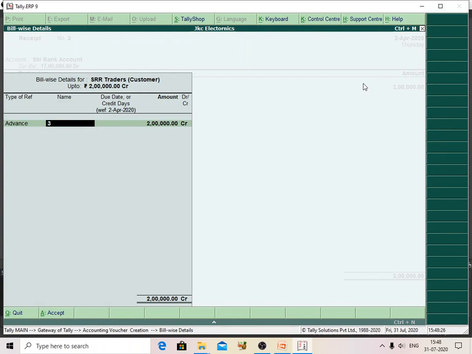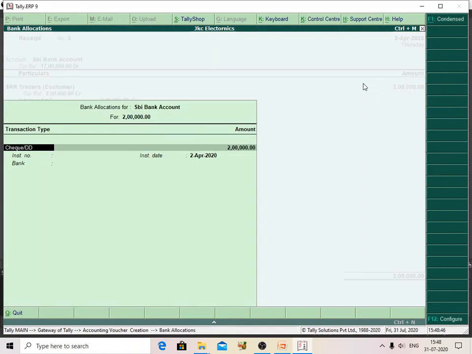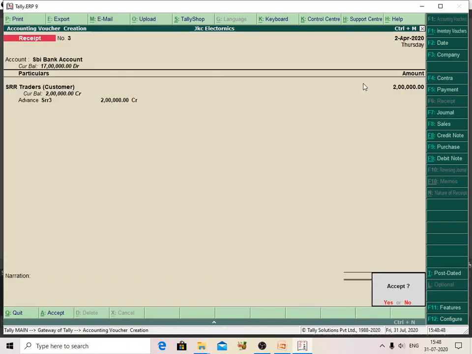The reference number I am giving is SRR 3, and the due date I am not filling in. I am just giving the amount of 2 lakh rupees. Like that you can give the data, as we receive an advance amount.